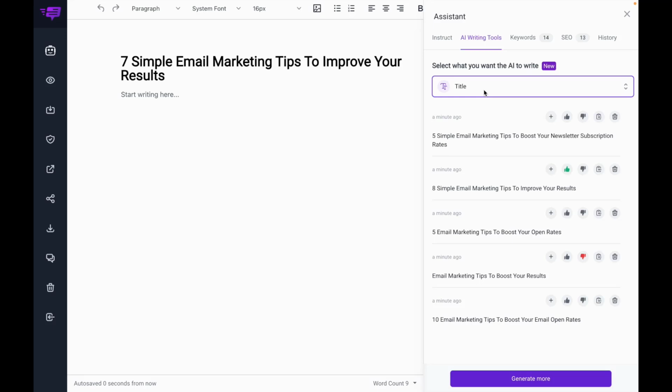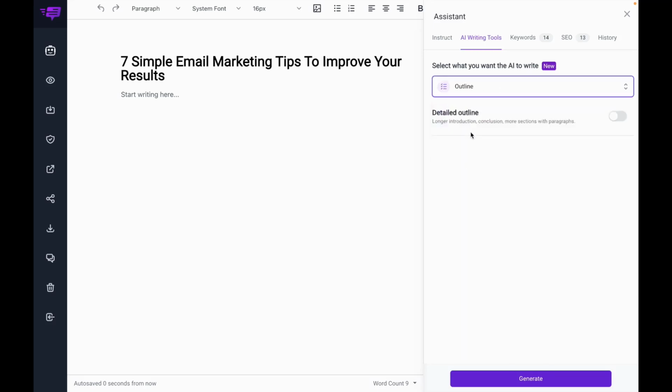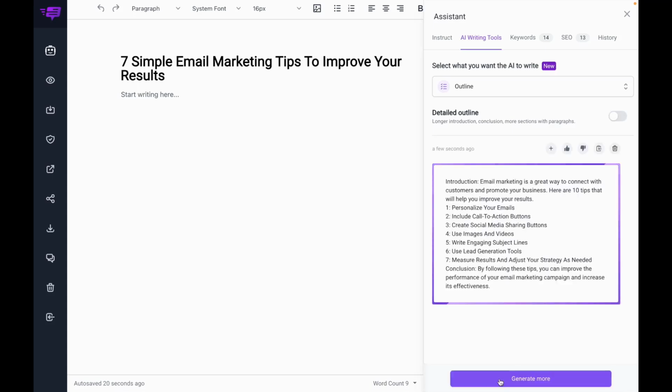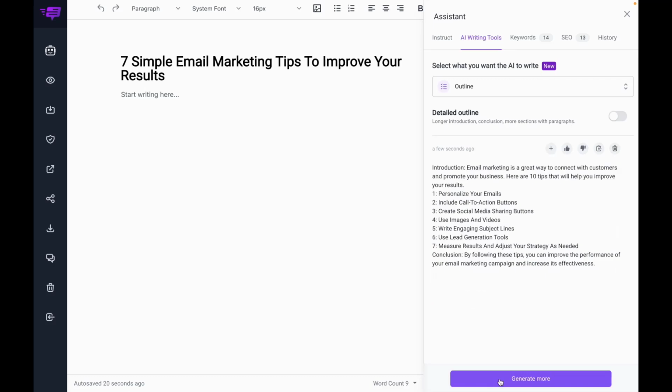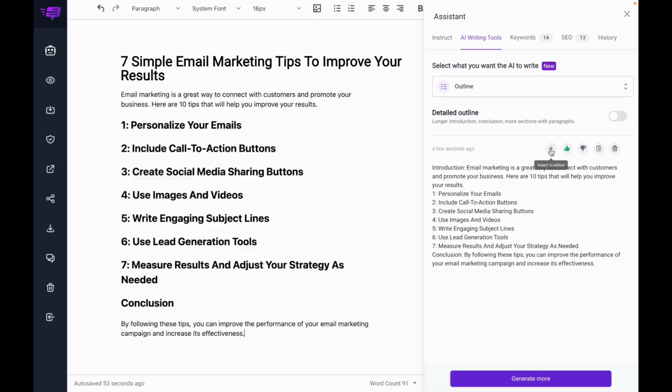Now we're going to move along and get some help with the AI to generate an outline. So we're going to select outline, and we're going to generate here. If you want a more FAQ style outline that's a little bit longer and the headers are questions, you can select this to turn it on. In this case, I want to keep it simple. I want an intro, headers, and a conclusion. So I'm going to generate. So let's say I like this one and I want to go ahead. Again, if I wanted to, I could generate more if I wasn't happy with this. And I can also go in and edit this if I want to tweak it a little bit. So maybe I want to change this to